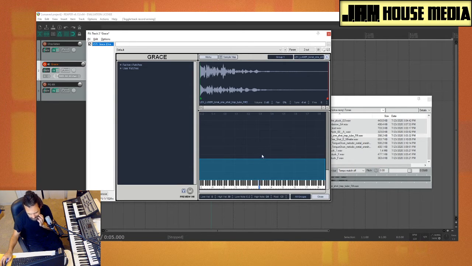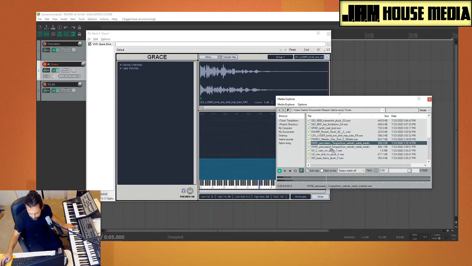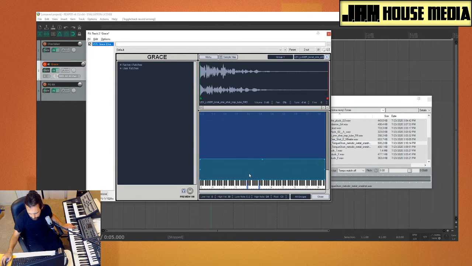Okay, so it looks like vertically is velocity and horizontally is note. So you can, I assume, make somewhat complex sampled synths where, based on velocity, it plays different samples, and then also have that with the pitch. So like the lower half of the keyboard is one,